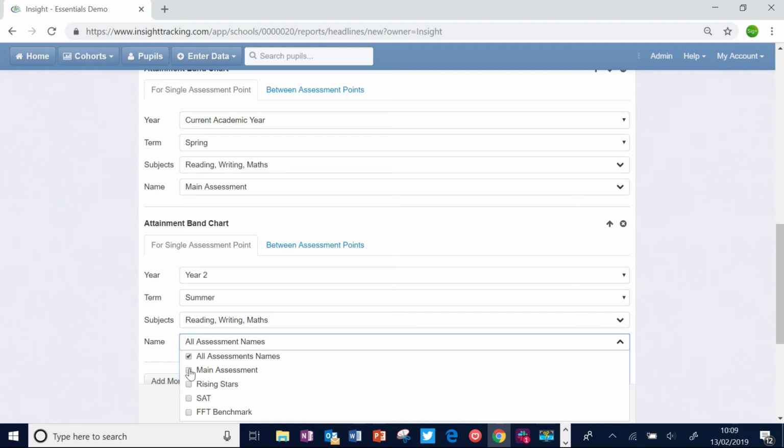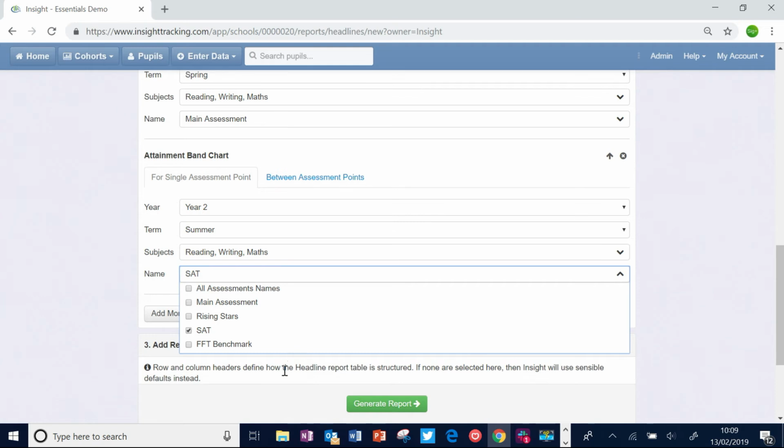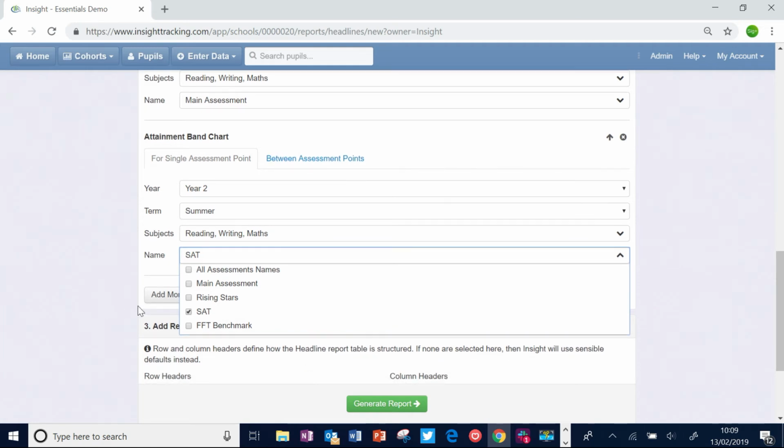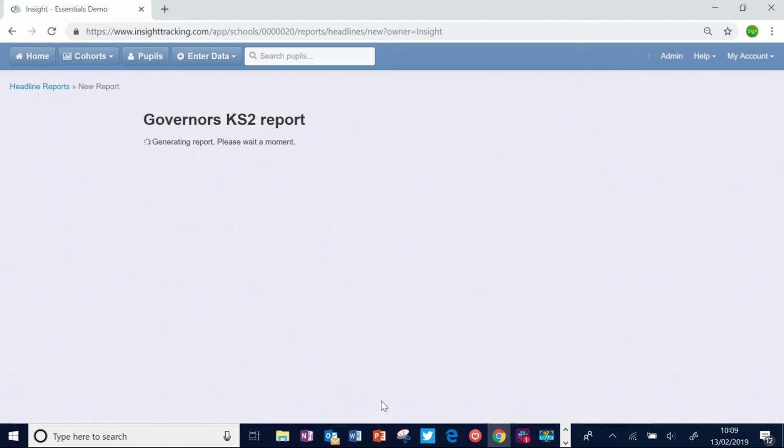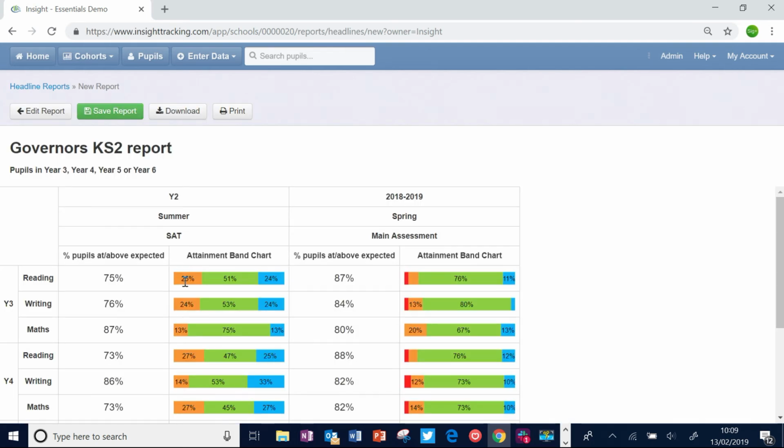Main assessment is where I'm storing my ongoing teacher assessment, so I can base it on the SAT result instead. Now note I've also got standardized test scores in here, FFT benchmarks, so you could add in some of that information if you wanted to. And I should now get a report which has bar charts for both Key Stage 1 and Key Stage 2, so that's a bit more visual and maybe a bit easier to compare those two